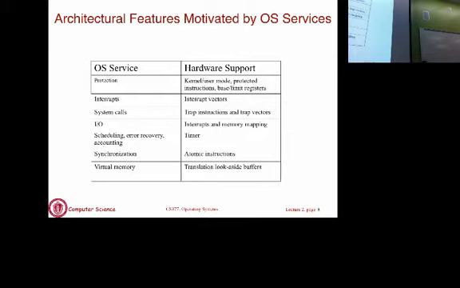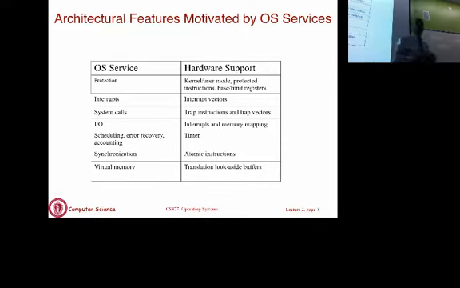Many features that you see in a typical machine are necessitated by what an OS needs to do. The OS has to carry out certain tasks, and its tasks become simpler if the hardware provides some support for those tasks. There are several of these features that have been put in place simply to help the OS do its job better. There are many such services, and we'll talk about them in a little more detail here.